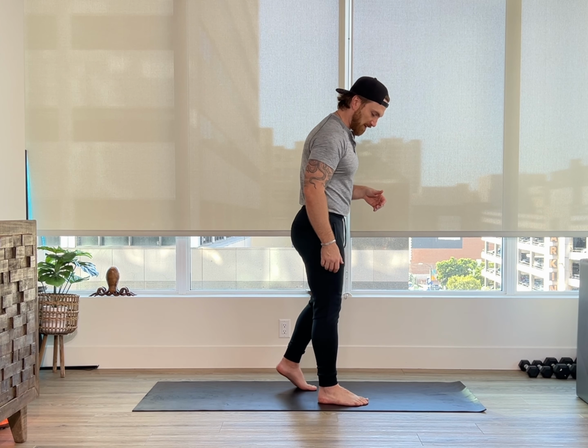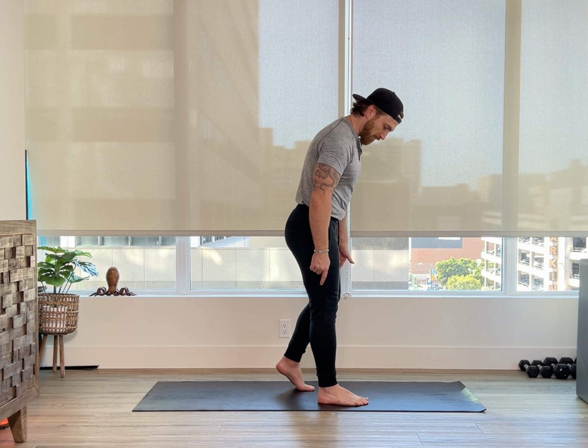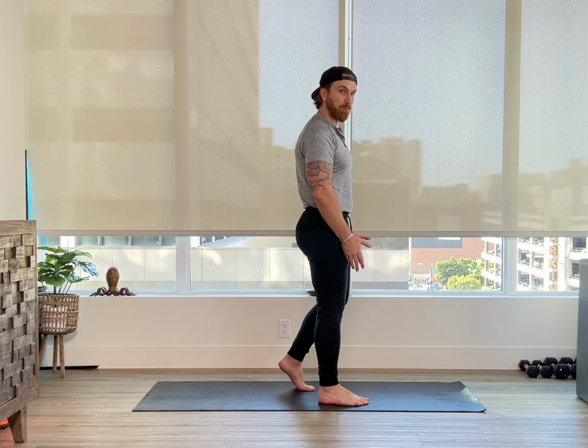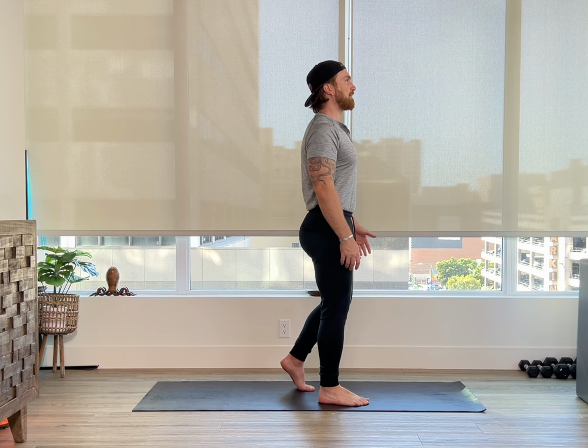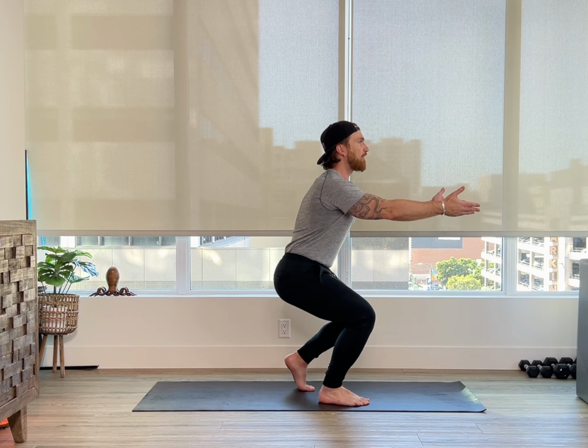Now the first move is going to be a staggered squat. I'm going to show this from the side first. I'm going to have my right foot forward. My left toes are going to be back roughly in line with my right heel, and my feet are about hip width distance. We're keeping most of the weight in this flat foot. From here, you're going to lift up the spine, pull the chin back, take a nice deep inhale as you lower